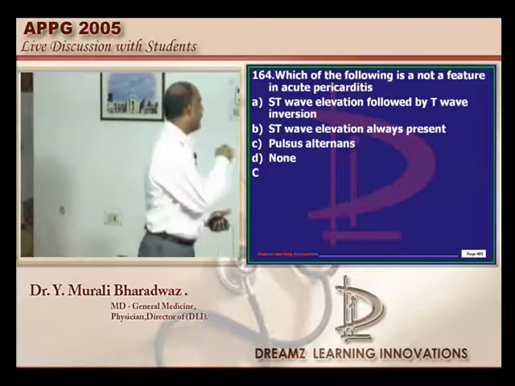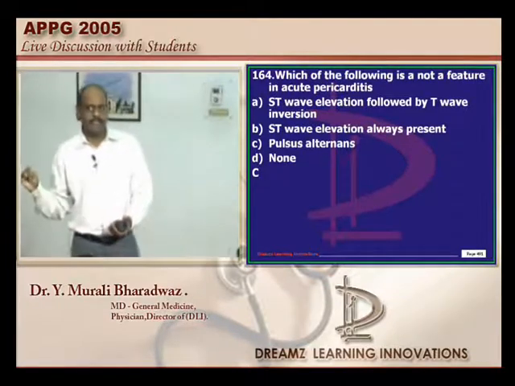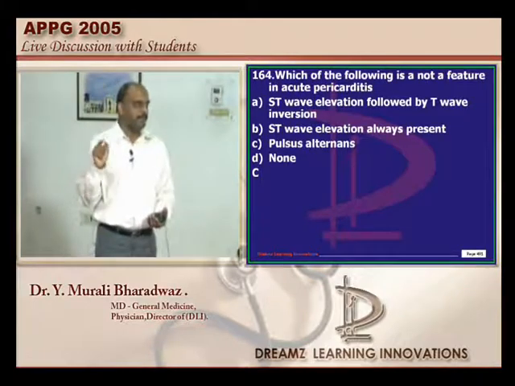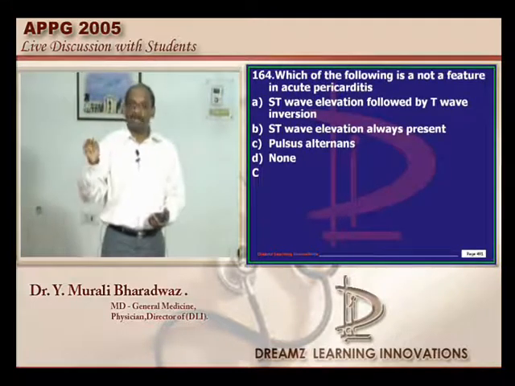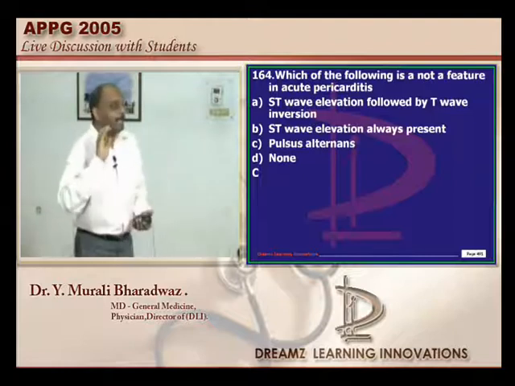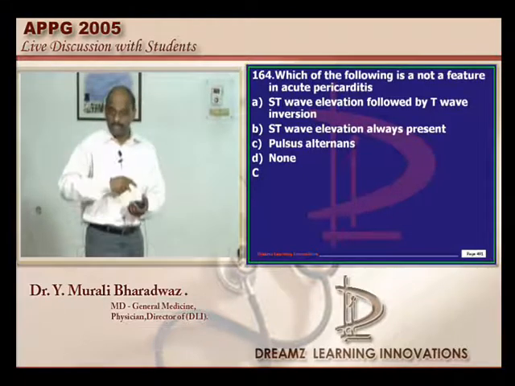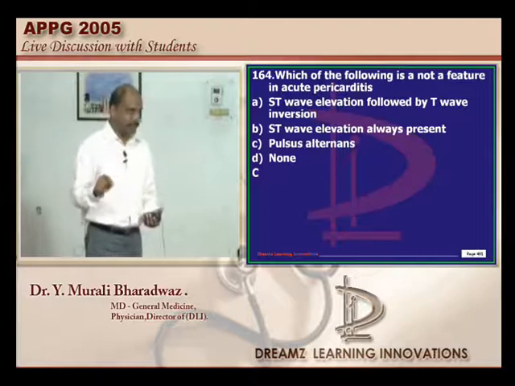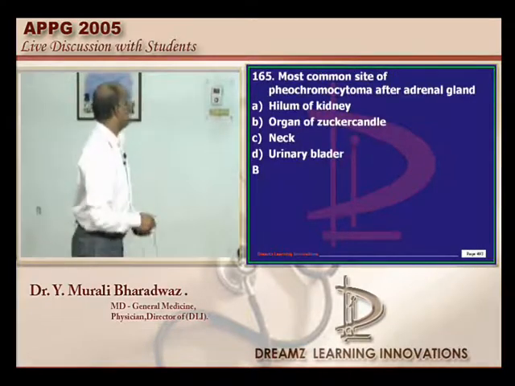Pulsus alternans, LV dysfunction; pulsus paradoxus, pericardial effusion and constrictive pericarditis. And the third type of pulse is pulsus parvus et tardus, found in aortic stenosis, and these are very important